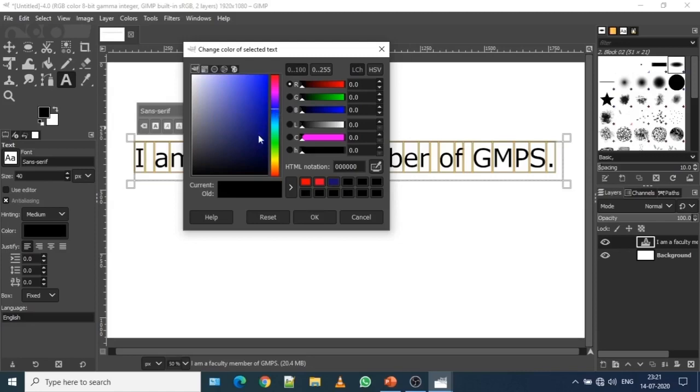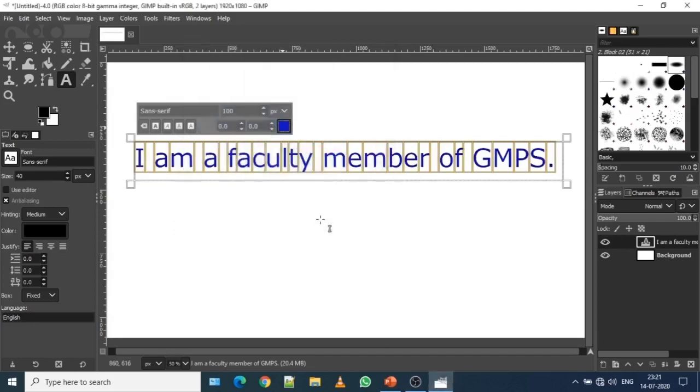Whichever area I drag with the mouse, that particular pointer reflects the color of the text. Let's say I'm going to take this color. Once I'm okay with it, I simply click on OK. The moment I click on OK, you will notice that the black color changes to royal blue. So this is how you can make changes.